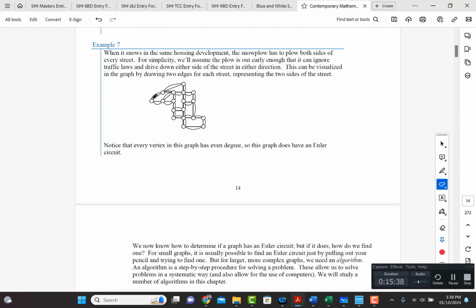Okay, now if we look at each vertex, this one has 4, this one has 6, this one also has 6, and this one has 8, and the next one has 6, and 6, 4, 4, 4,